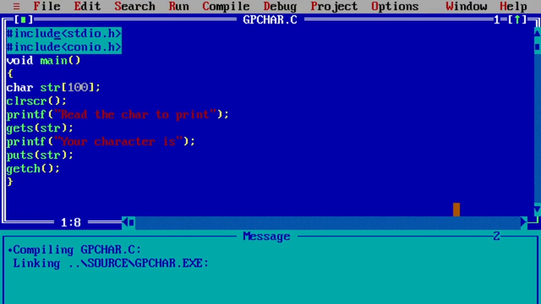Then what is the syntax of formatted input? The syntax is scanf, const char star, and format specifier. The function reads the input from the standard input stream, that is stdin, and scans that input according to the format provided. Where is this format provided? This format is provided in the library functions available in stdin. Similarly, printf also writes the output to the standard output stream, that is available in stdout.